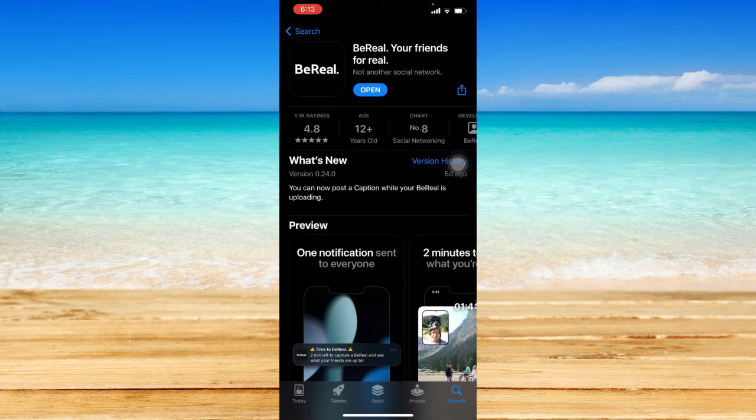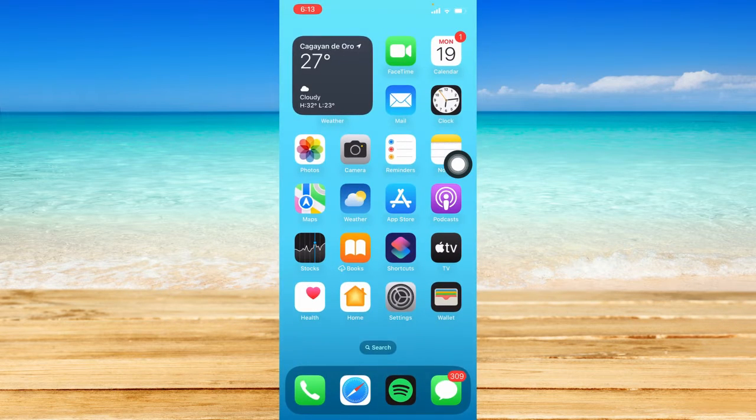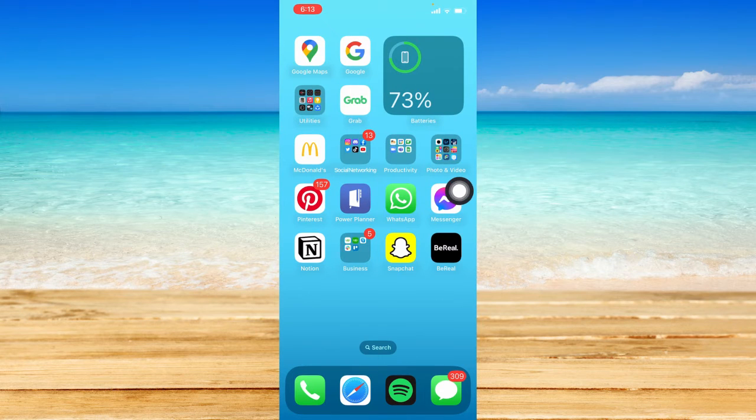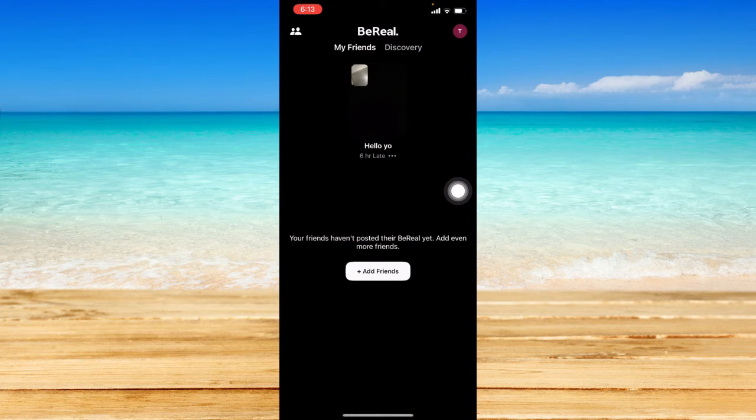However, if it shows Update, that means your BeReal is currently outdated, so you have to update it so that you will have the latest features within the app, especially the feature of being able to see retakes. Once you have made sure that your app is up to date, let's go ahead and open it. And to see the number of retakes, you can click on your BeReal post right here